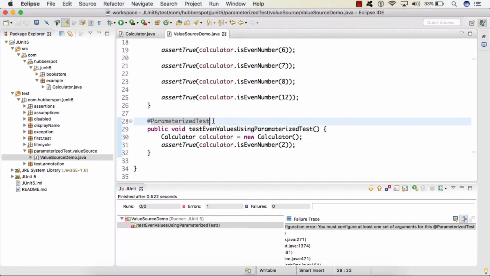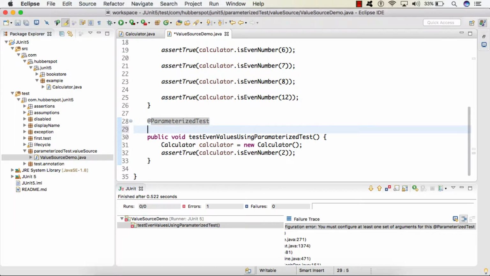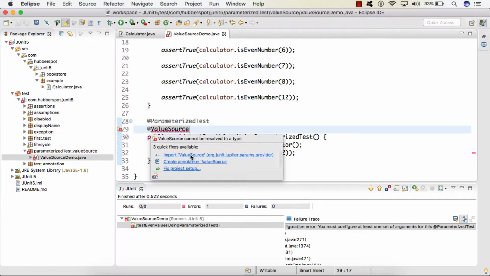So friends, we also discussed that whenever we use @ParameterizedTest, we need to provide a source to it. So here we'll provide @ValueSource, we'll import it.